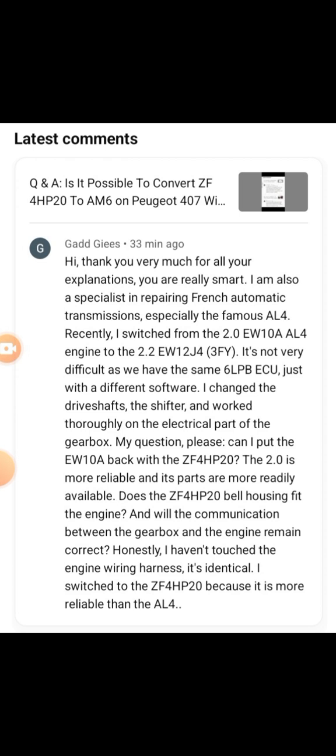So which other parts of the EW12 3FY could I say are hard to access or get? That's why I'm not sure. I mean, it's the engine. It's not like you opened up the engine. If your timing belt is intact, you don't touch the engine. You only change the accessory components. So, which other component? I mean,